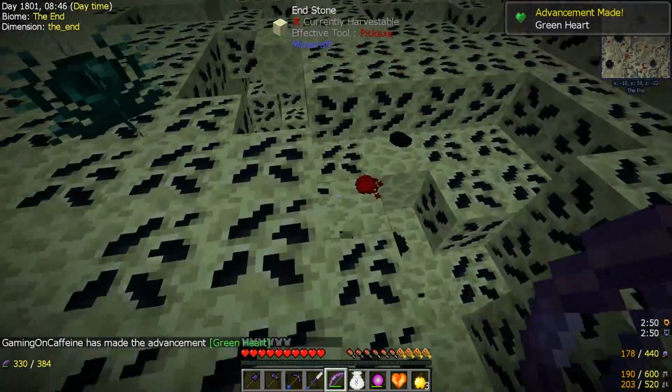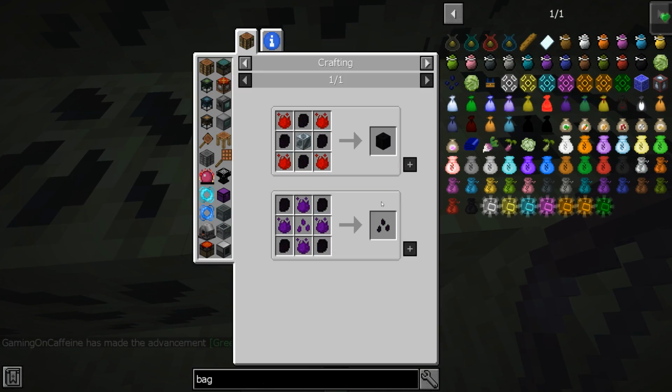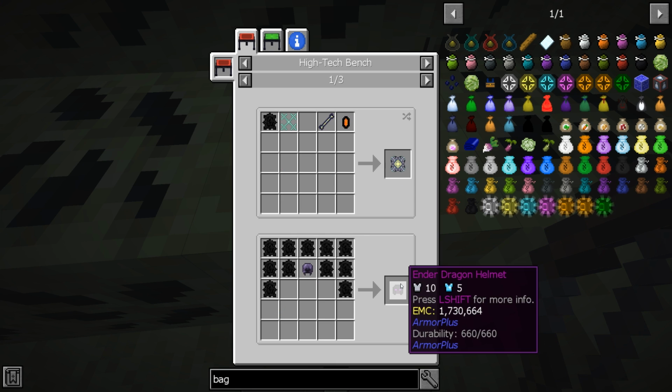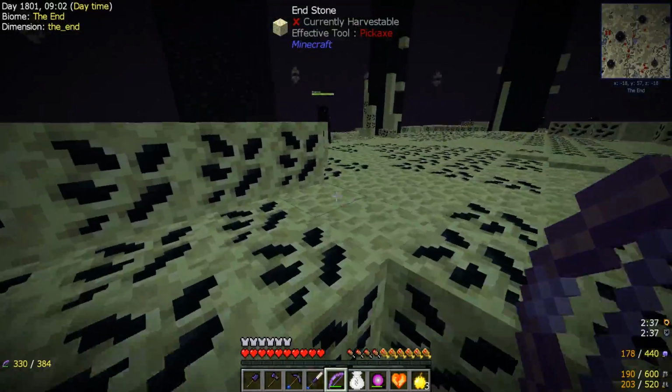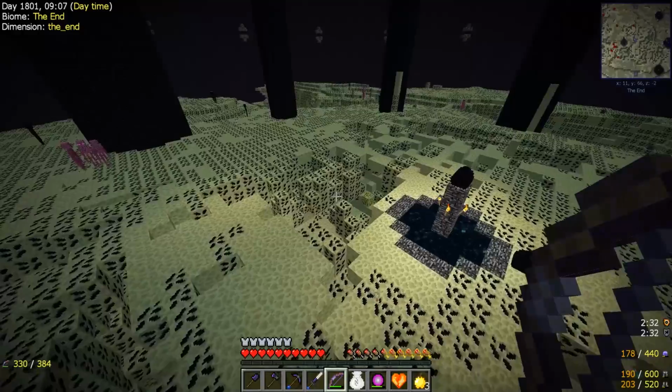Perfect. We got some dragon scale, which is nice. Is that enough to make a dragon seed? Oh, it is. Look at that. So we can make a dragon egg seed now, which is very nice. Dragon scale to make ender armor. Sure. Supremium. Not super useful on its own, but nice to have nonetheless. All right. And now we can just, we should take the...